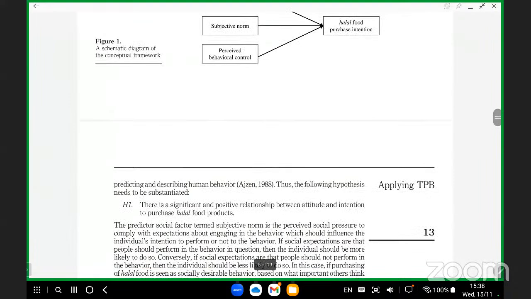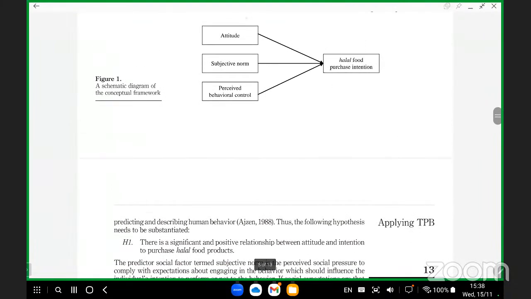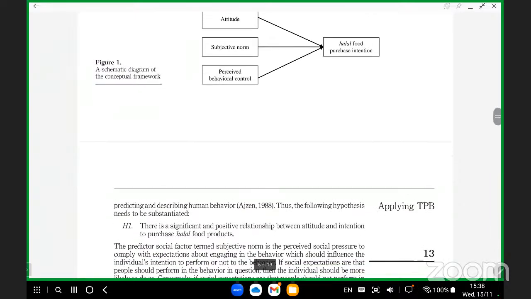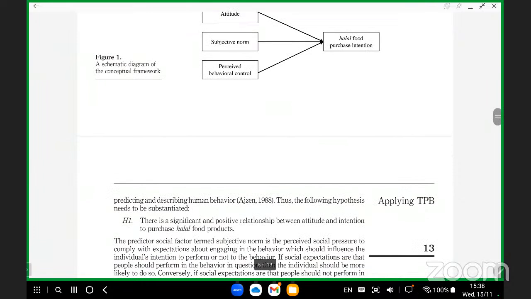Kalau melihat paper journal ni, okay, kalau lihat ni ada tiga independent variable kan di sini: attitude, subjective norm, perceived behavior control. Okay, nampak tak? Hipotesis pertama. Okay. Kalau mengikut